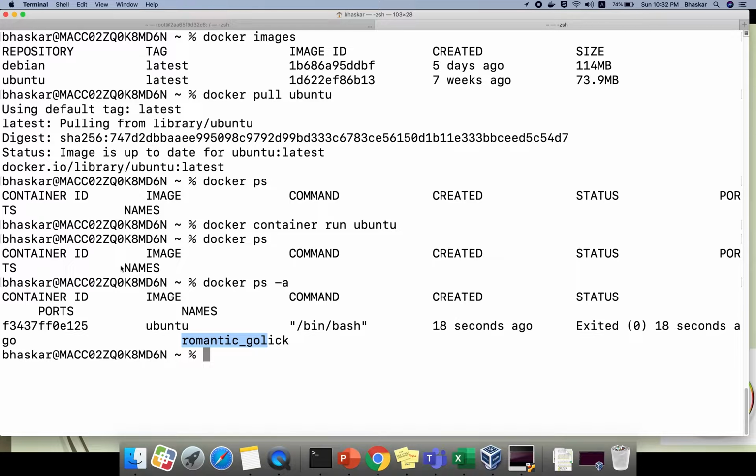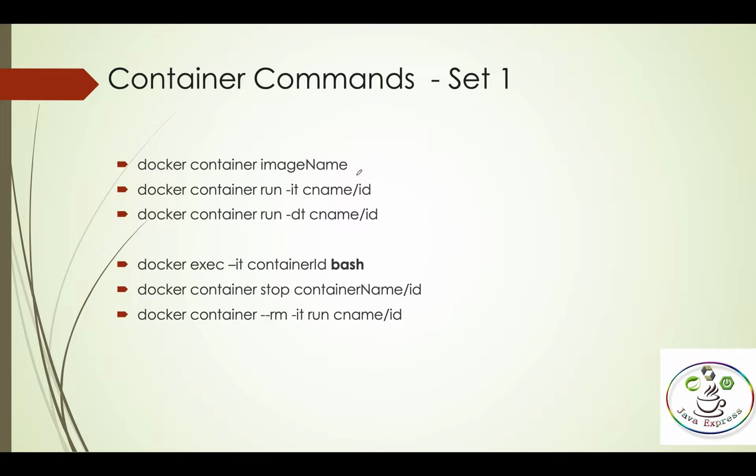You can customize your names, and you can customize your host names also. I will explain, don't worry. Okay, so with this command, now you are good to go. That means if you run it, it will create a container and destroy the application. Now your requirement is, I don't want to destroy my container, I want to work on something.